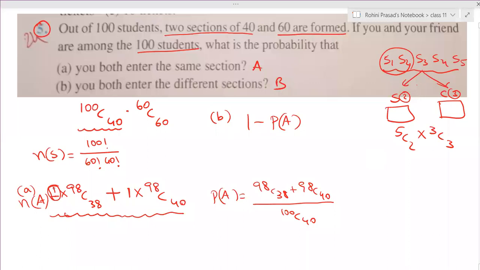When you included both of them, that you can do in one way. So when you decided to include both of them in the 40 members team, you need to select the remaining 38 students also. That you can do from 98 students. You can select the remaining 38 students from 98 students in 98C38 ways. Automatically, once you're done with the 40 student selection, the remaining 60 will become the second committee.